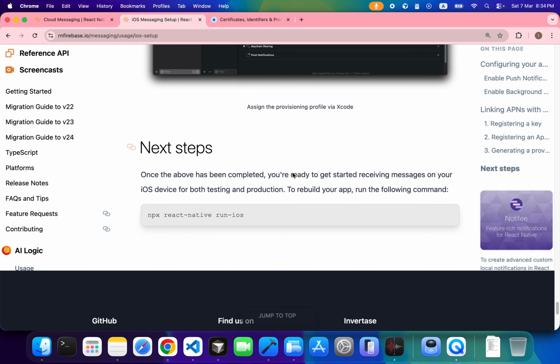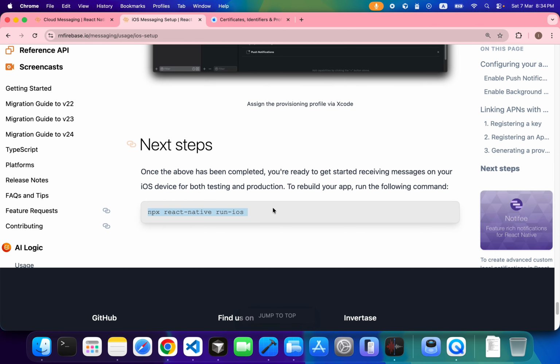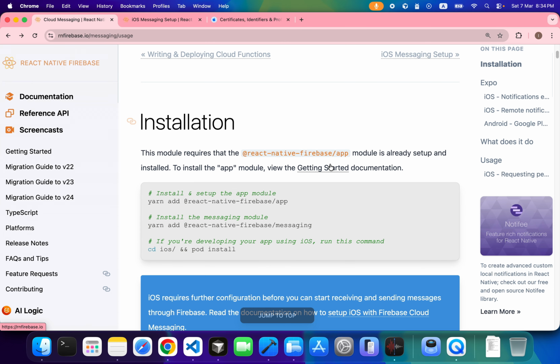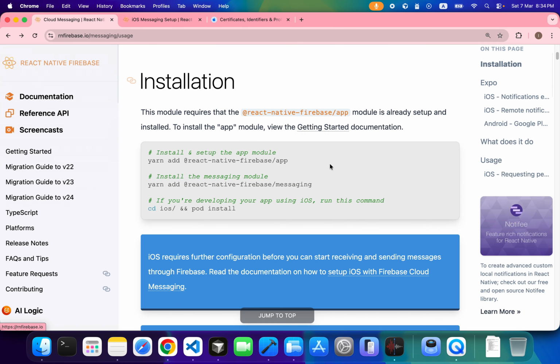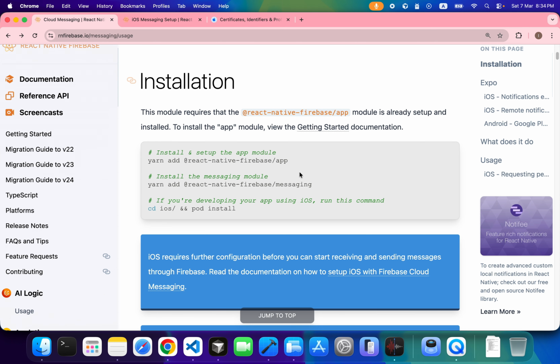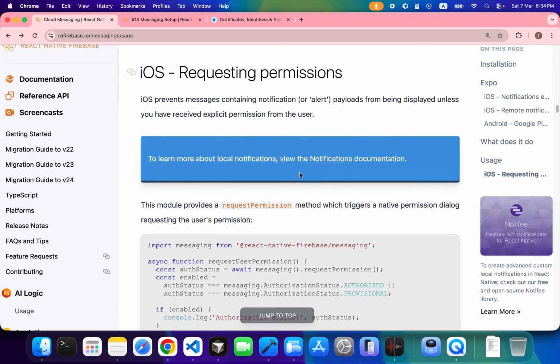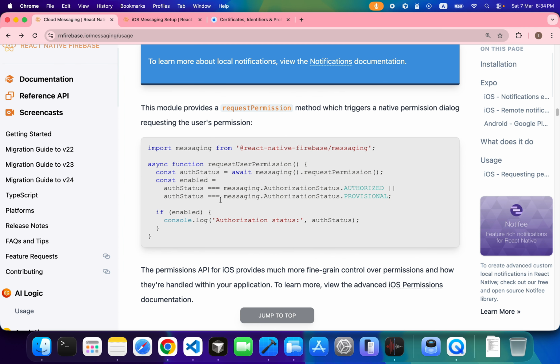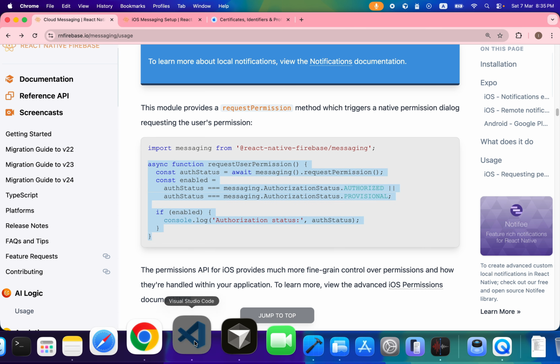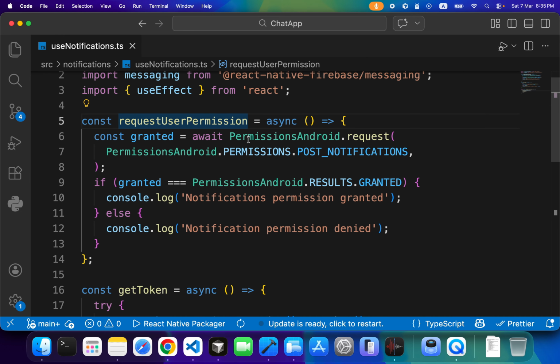And that's it. What we need to do now is run the iOS app, but before this, let's go and add the iOS permission. So if you go back to the documentation of messaging usage and scroll down, you're going to see this iOS requesting permissions. So we need to add this function. So let's copy it